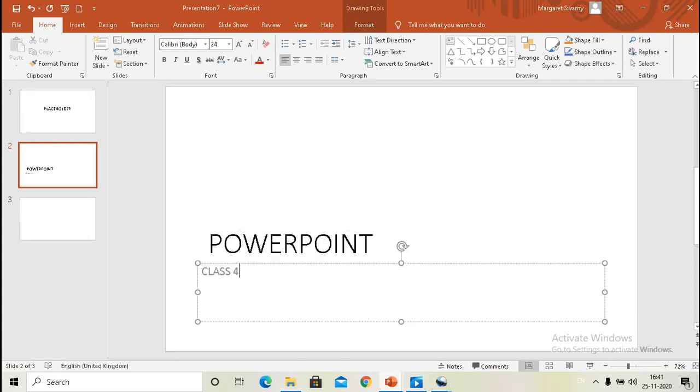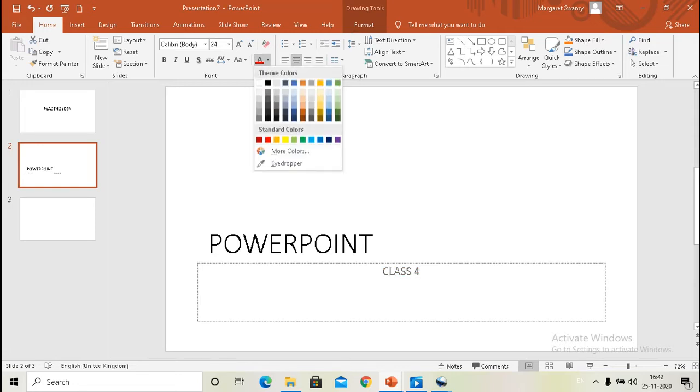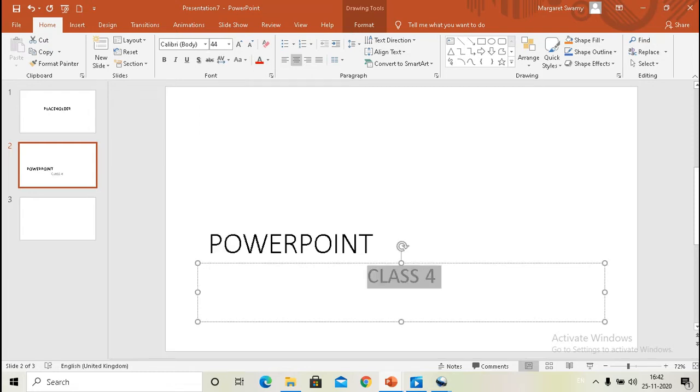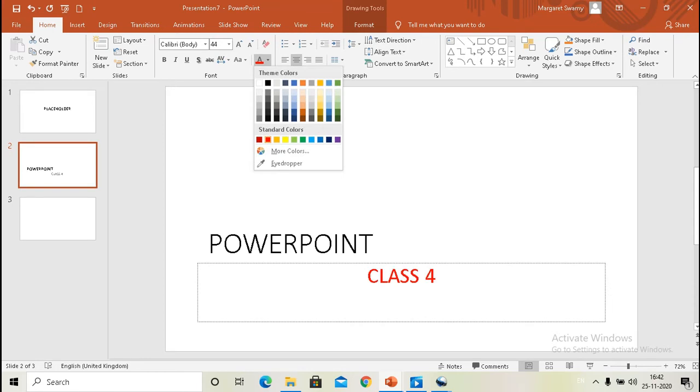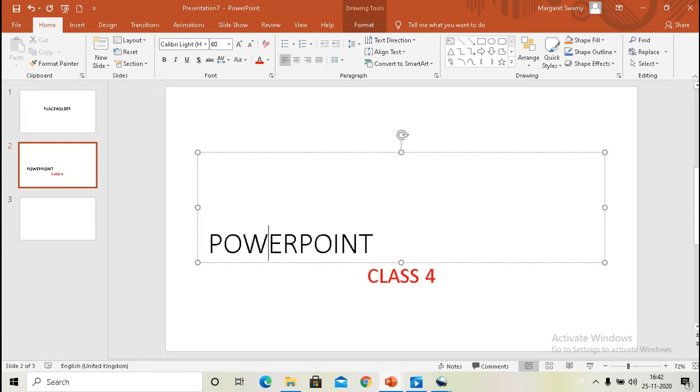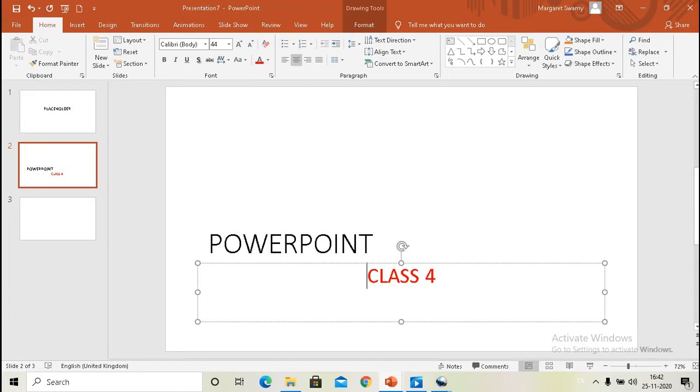If I want to change the font size or color, I can do it like this. Suppose I want the size to be 44 and the color to be red, I can do it. And if I click outside the text box, you will notice the entered text appears on the slide in the slide pane. So like this you can enter text in PowerPoint.